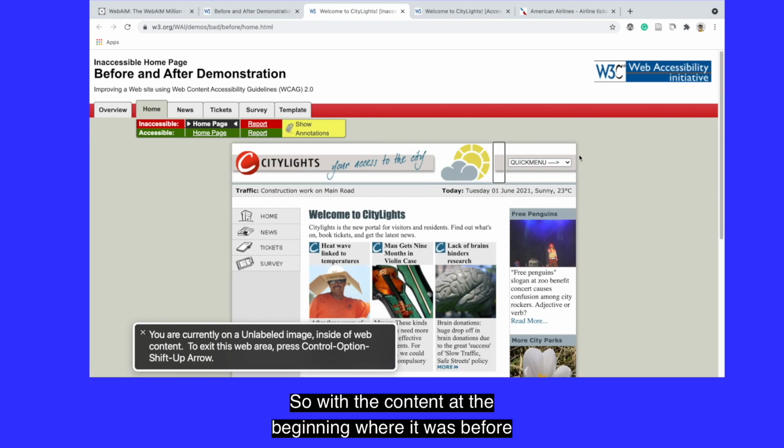So with the content at the beginning, before the demo actually started, it was all very well described, where it had home, news, and inaccessible and accessible. And then we jumped into the City Lights content, and what you may have noticed is there were a lot of images that were not described, and a lot of links that were not described. We also had this very long description of the banner, where the banner could have been marked as decorative. It could have just been much shorter, but it was a very long description that was not very necessary to accessing the website.